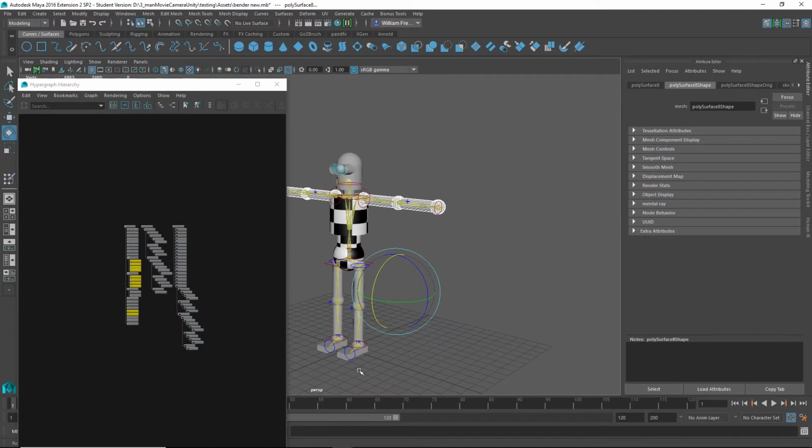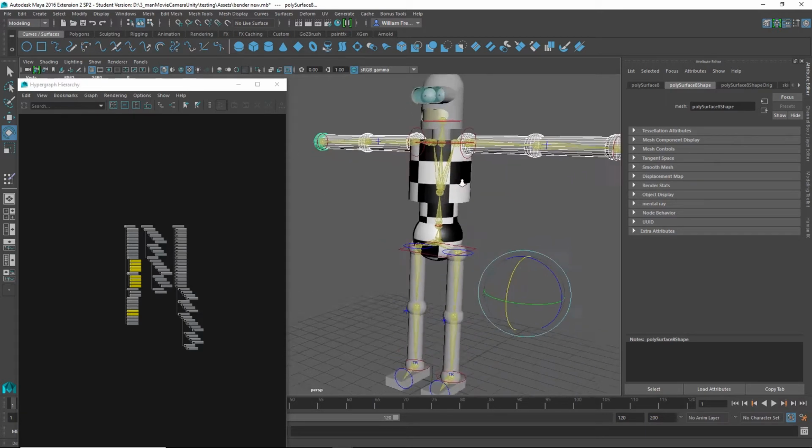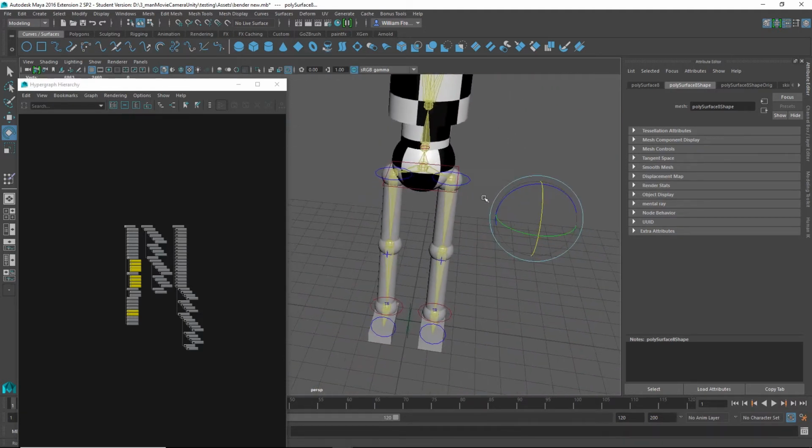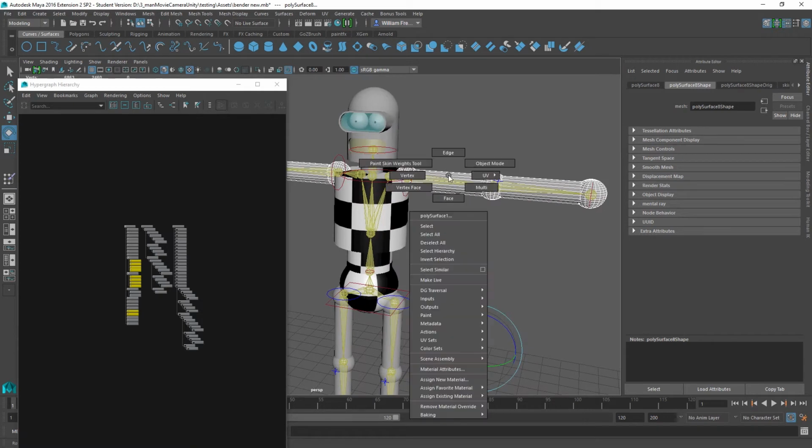If you think about it, the arms are basically less than the legs in terms of number of objects to map, because they're missing these feet. So it's almost a waste to use them. Maybe I could end up putting the legs and the arms together. We'll see. So I want to assign new material,